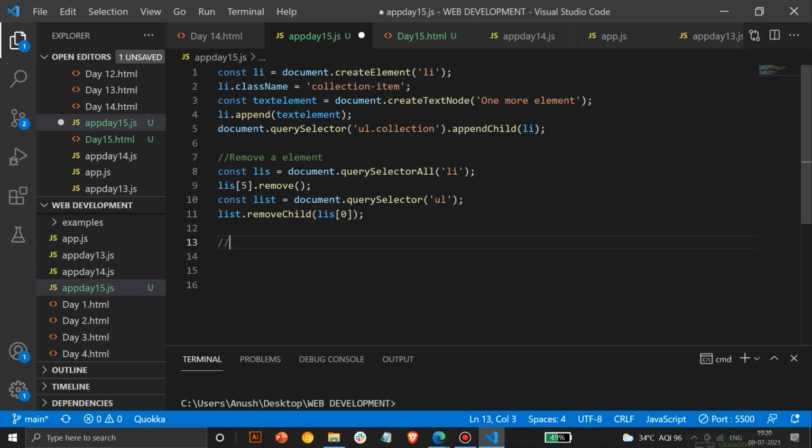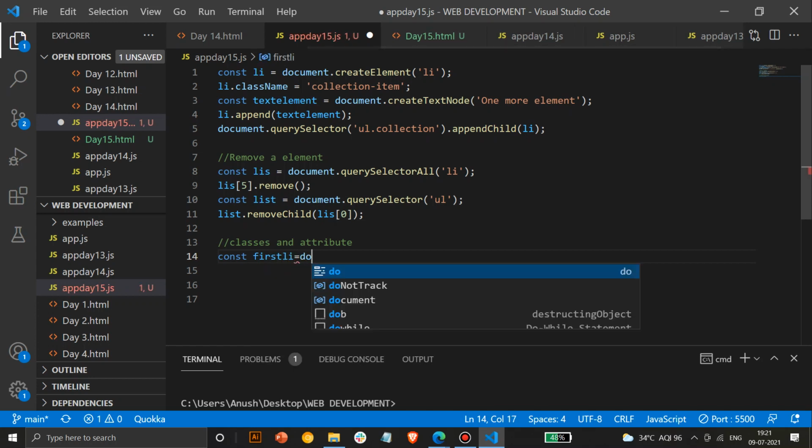Okay, so we'll see if you have to add or remove a particular class from a particular element. You can even do remove class and attribute. So we'll see class and attributes. If you have to add a class or attribute to a specific element, you can do that too. To do that, we'll take a specific element. We'll take the first li.